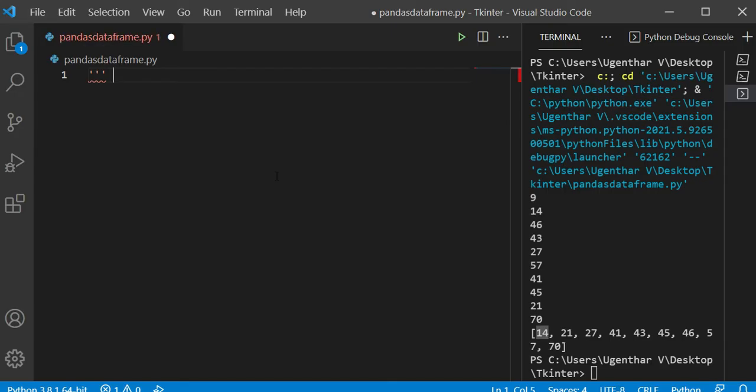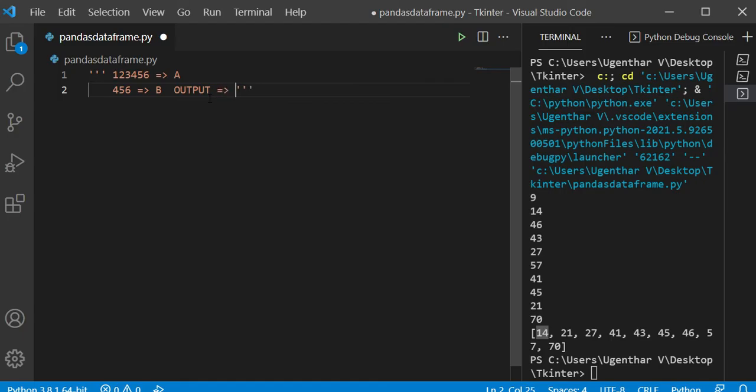Now let us take two inputs. I am taking 1, 2, 3, 4, 5, 6. This is A. Now let me take the other input, 4, 5, 6. It is B. This is the input. We can see that 4, 5, 6 is the last digits of A. So the output should be yes.